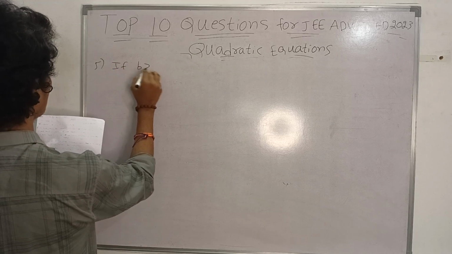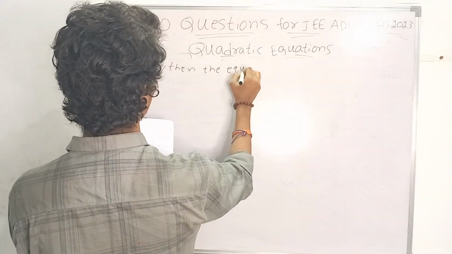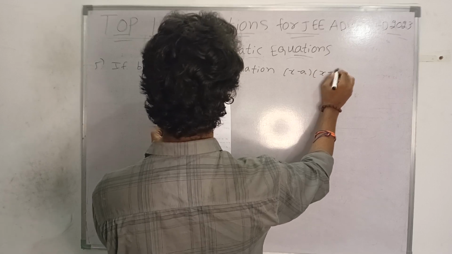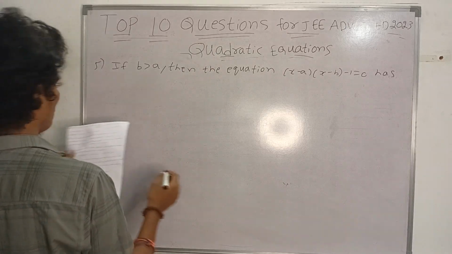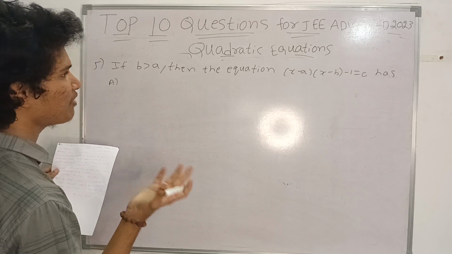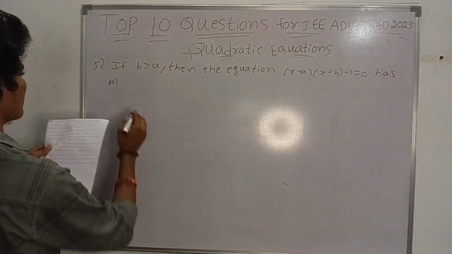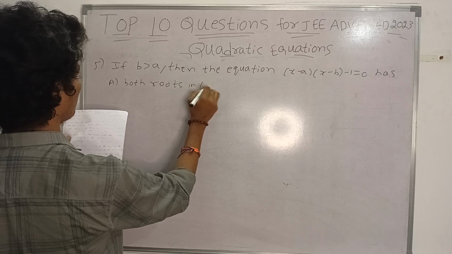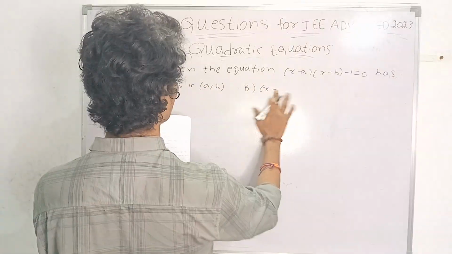This question is very important. If B is greater than or equal to A, then the equation (x minus A)(x minus B) minus 1 equals 0 has, they are asking, given the equation (x minus A)(x minus B) minus 1 equals 0, and they said that B is greater than or equal to A, B greater than A. Options: option A, both roots in (A, B), and option B,